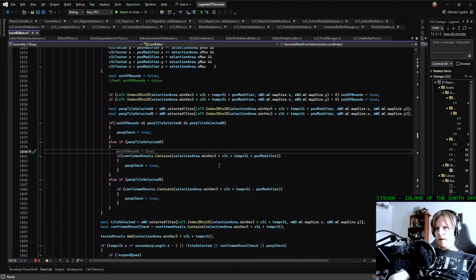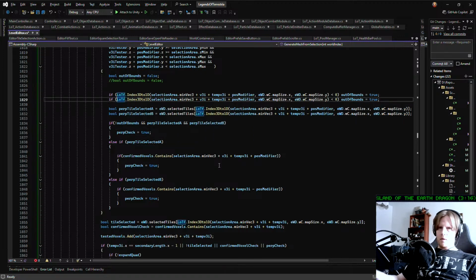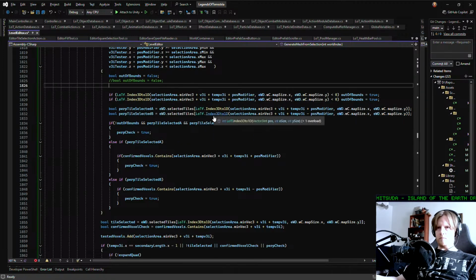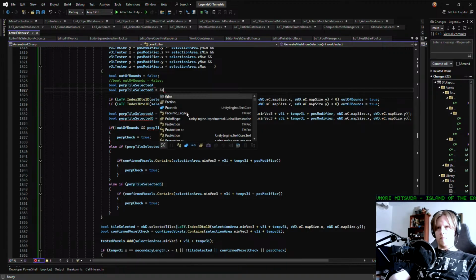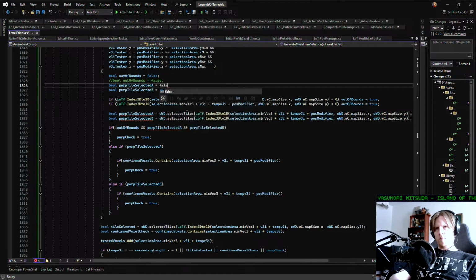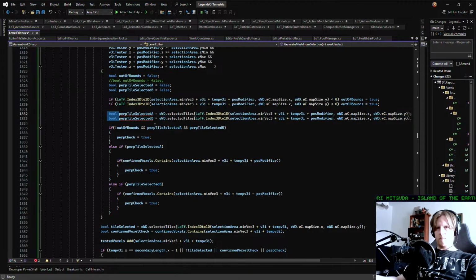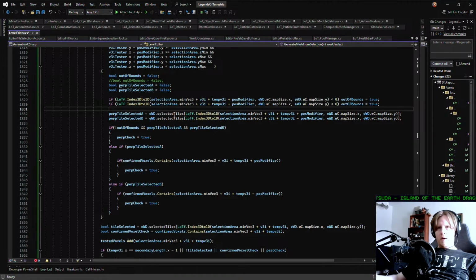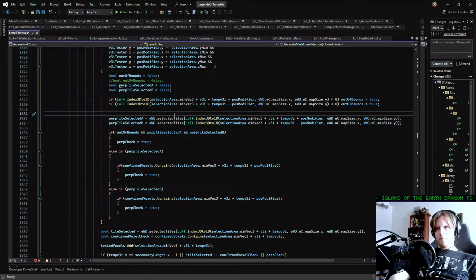If perp tile selected A, we need to do this. And then we're gonna say if out of bounds